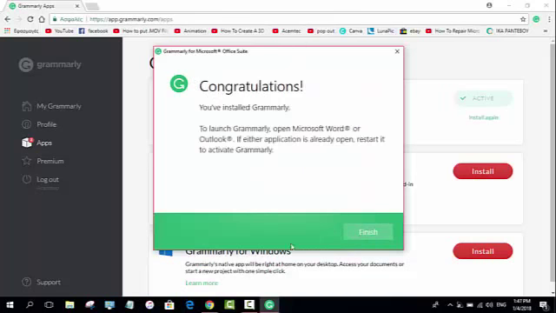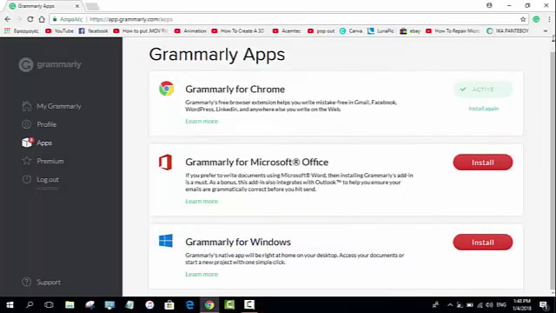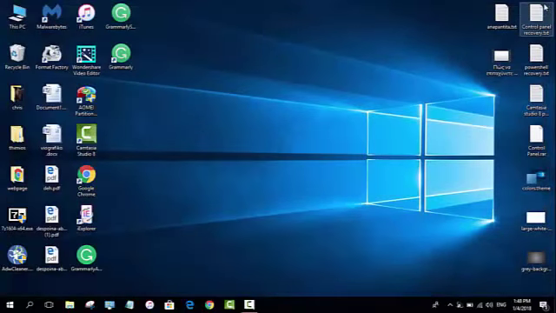We're going to skip that. We're going to do that later. And finish. I'm going to close this, and we're going to close this too. Now you can see I have 3 times Grammarly installed everywhere: Microsoft Office, Word, Windows, and on Google Chrome.